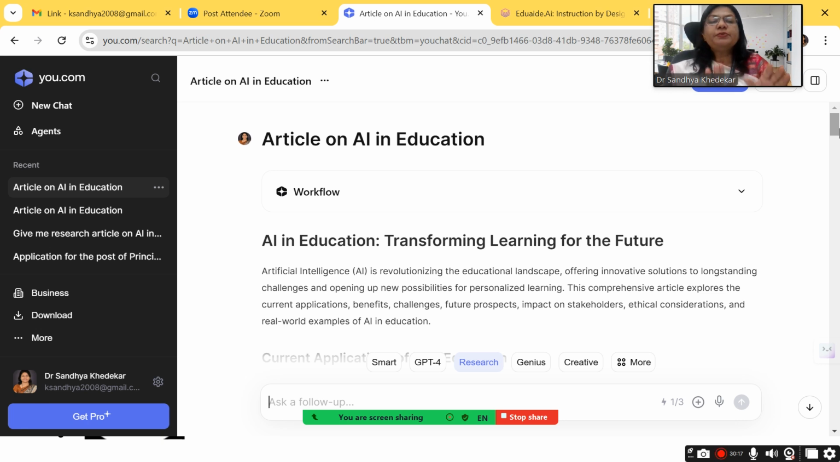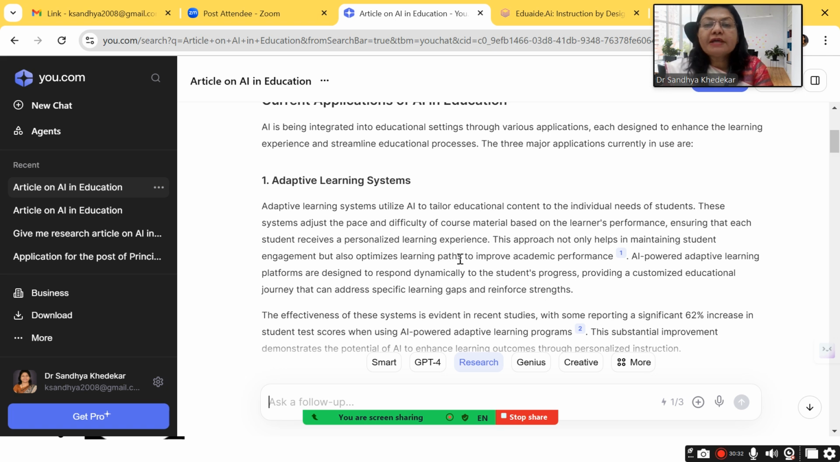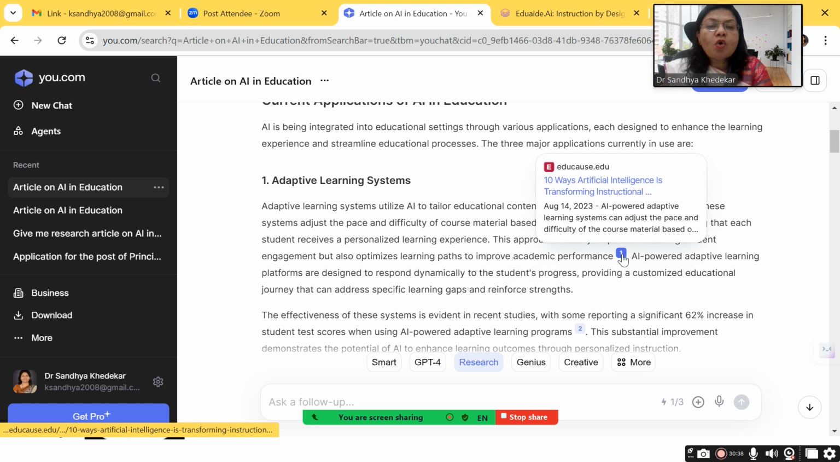If we ask ChatGPT a similar question, if I ask ChatGPT, give me an article on AI in education, what does ChatGPT do? ChatGPT writes one article for me and gives it to me. But here on u.com, it has given me some numbers. You can see over here, 1, 2. If I click on this number, if I go on 1, you can see educause.edu, 10 ways